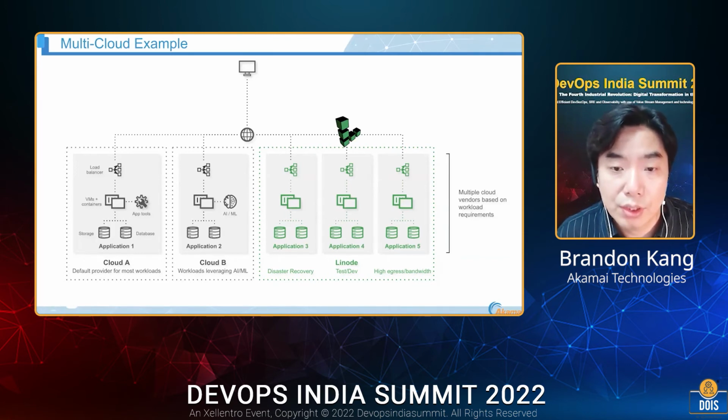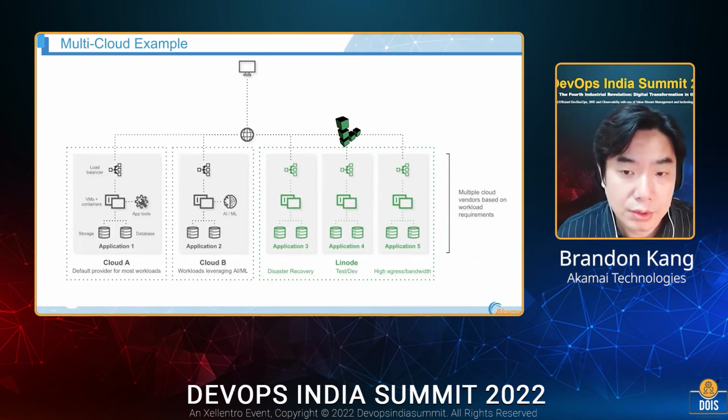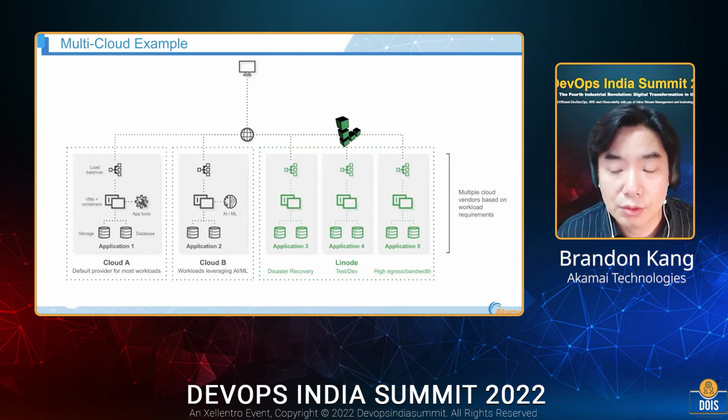They are running for application operation. Perhaps Cloud A is the leading cloud service provider in computing instances, and developers are using Cloud B for artificial intelligence and machine learning. The workload consisting of application 2 will quickly meet their requirement using the managed AI and machine learning service powered by Cloud B. Developers are using Linode Cloud for disaster recovery, test and dev environment, and